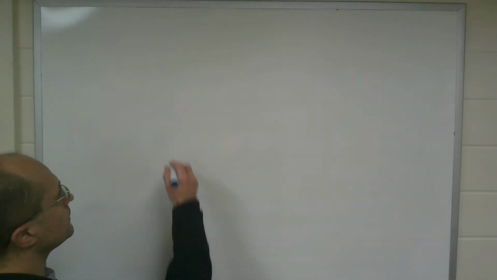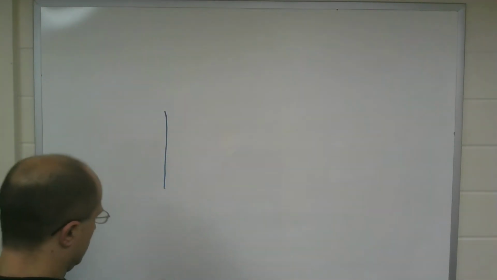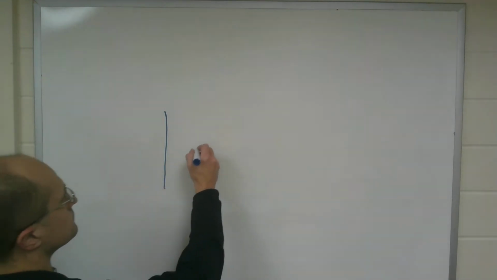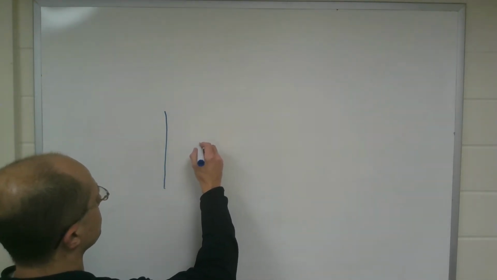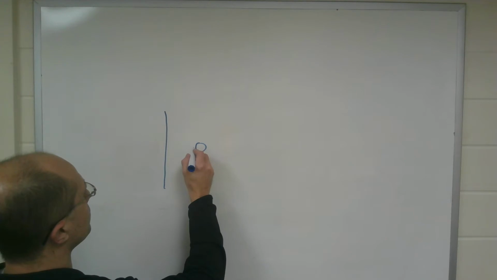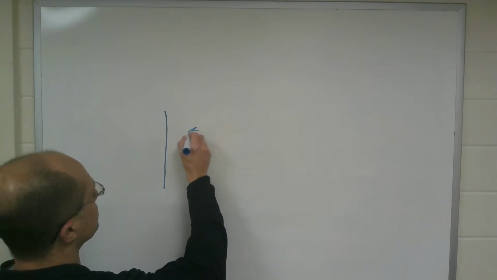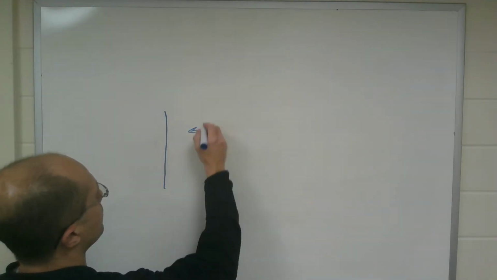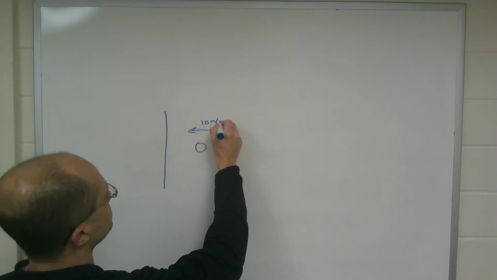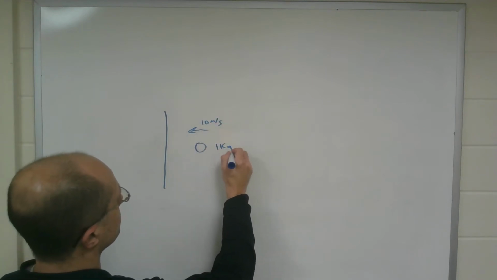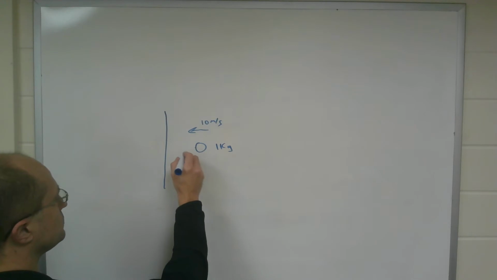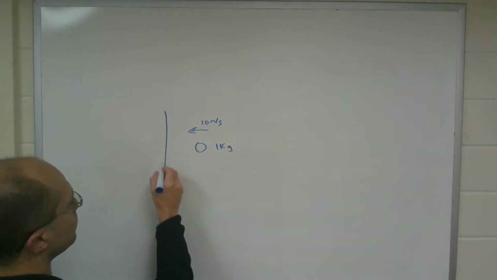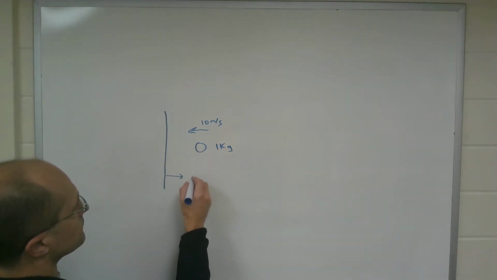Alright, so we want to do an example problem. So let's say we have a ball and we're rolling the ball on the ground and it's going into a wall and our ball is moving at 10 meters per second and our ball weighs 1 kilogram. So our ball's rolling in, it's going to hit the wall and it's going to bounce off the wall and